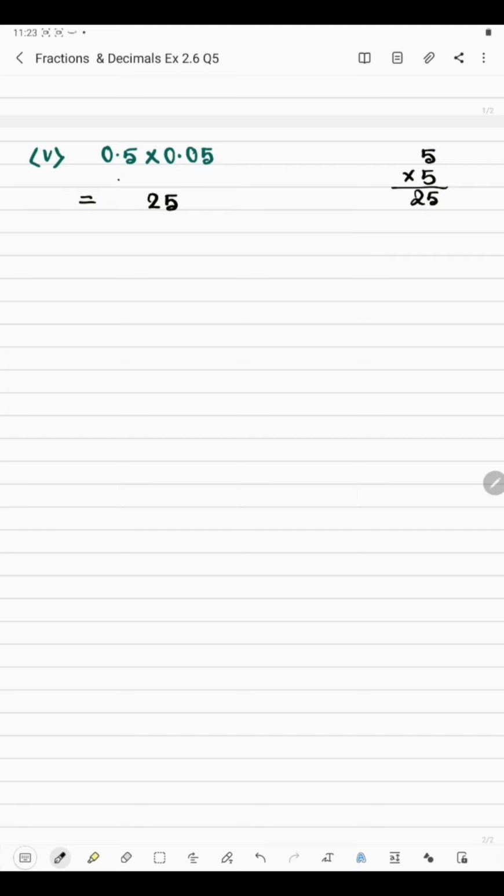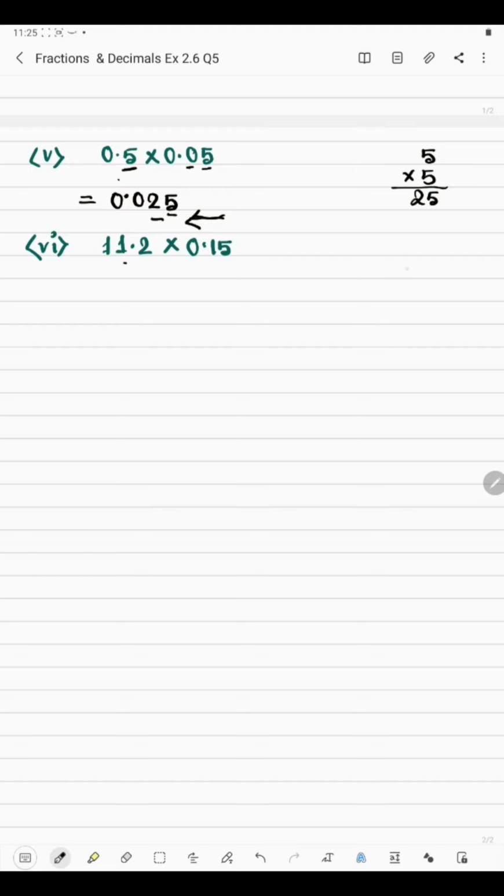Now we will have to put the decimal. So here after the decimal 1 digit and here after the decimal 2. So here 2, here 1. So in the answer we will have to put the decimal in such a way that after the decimal it will be 3 digits, as here we have got 1 and here we have got 2. So 2 plus 1 is 3. Now see, we are coming from this side. So 1, 2, third place is not there. So we will have to make the places by putting 0. So here will be the decimal. So the answer will be 0.025. Okay. Now in the sixth part we have 11.2 multiplied by 0.15.